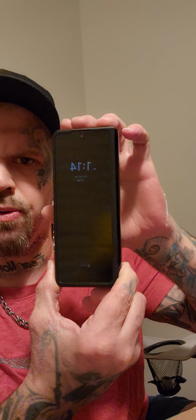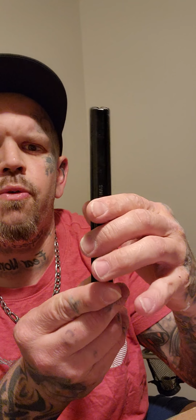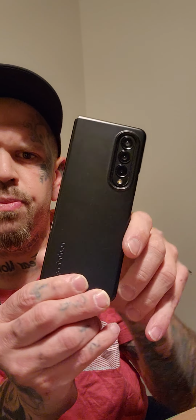It's going to be a little bit different of a design as far as the candy bar shape on the 4, and is going to take some different avenues as far as how that's going to feel in the hands. But I've had the S22 Ultra and the Z Fold 3 for almost a year now. I've been using both of these devices in and out of my life daily, and still, I'll put it like this to you guys. I have both